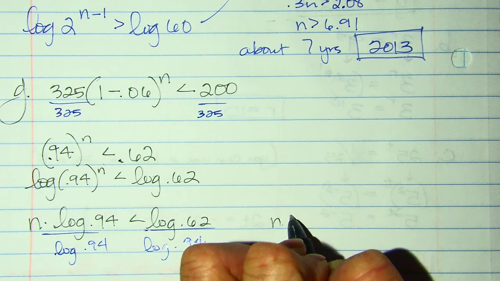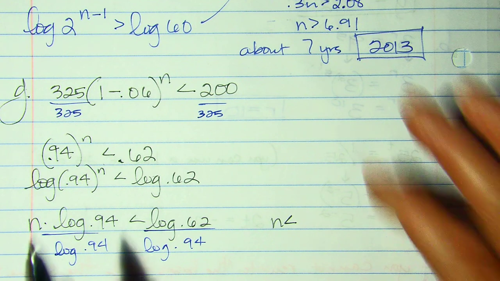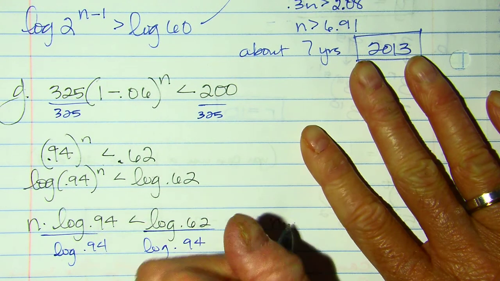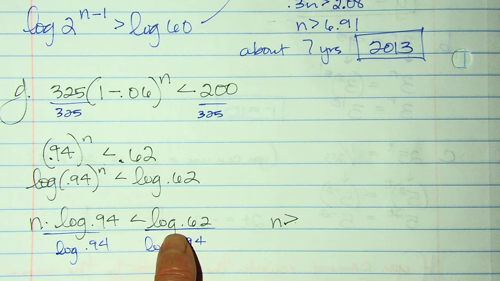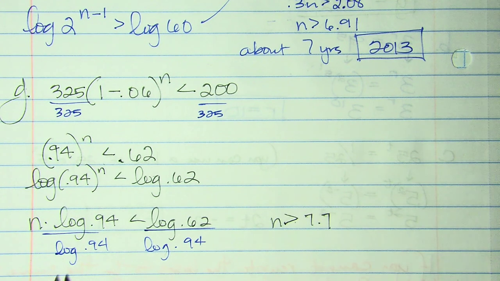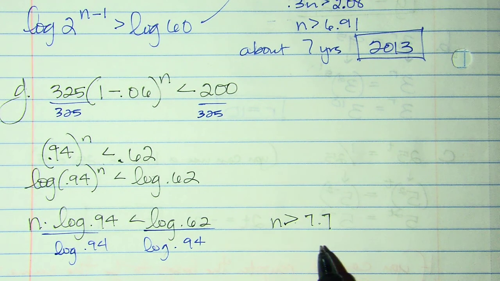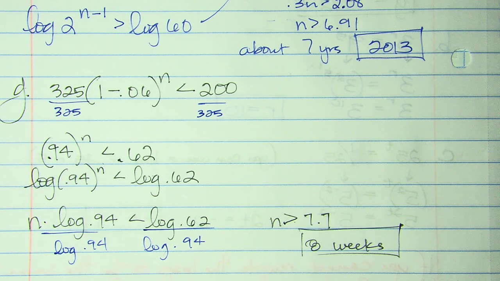So n is less than, hold on. Oh, my sign flips because this is a negative. So the log of 0.62 divided by the log of 0.94, and I get 7.7. This changes because the log is negative. So in about 8, I think it asks when it will happen. And I'm going to skip